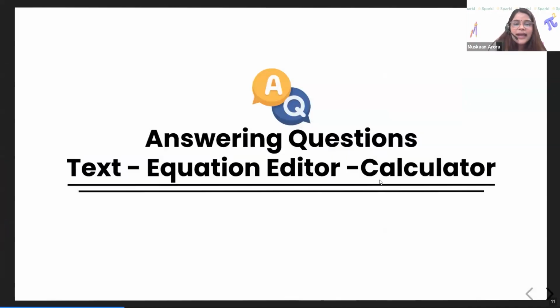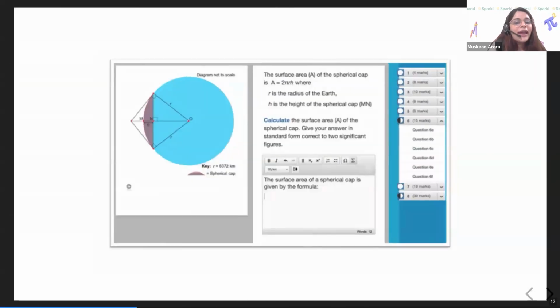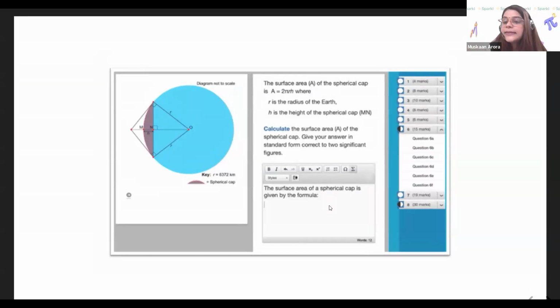Okay. Now, answering questions, the text equation editor, you guys are well versed with this. We know that when you want to answer a question, you can simply click on the box and start typing, right? And okay, so I have some questions. What do I do if I want to type in some math? Do I just simply continue the way I would type an English sentence, or is there a different way? Yes. There's a different way to add a mathematics formula, for example, by pressing the sigma button. Very good. Yes. The sigma button is there for that, right?